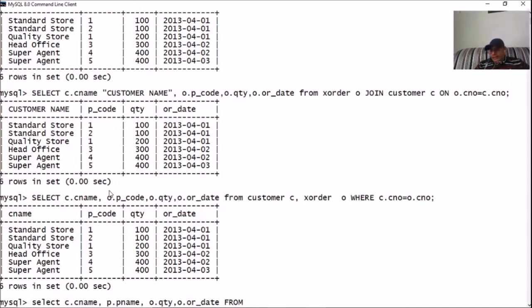It should be clear from here. I am using the customer table with the alias C, the product table with the alias P, and the X order table with the alias O. P dot P name, this should be.